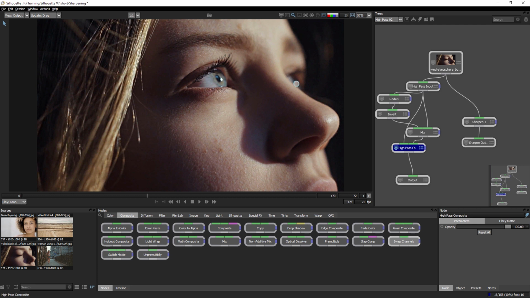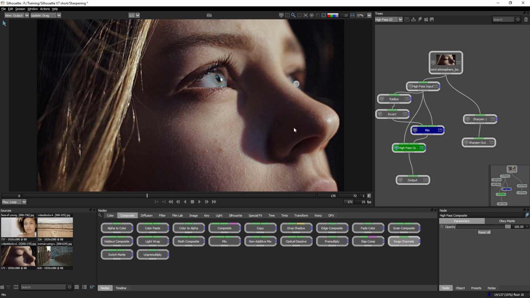But Ben, I hear you saying out there, why are we going through all of this just to add a little bit of sharpness? We already have a sharpen filter built in anyway that we can add a little bit of sharpness to our image with. And that's true. We do have a sharpen here, and this will add sharpness. But high pass does it in a slightly different way, because not only are we adding sharpness to the image here, because of the way we've created this sharpness, we separated out the high frequencies, so the stuff with the hair and the texture on the skin,